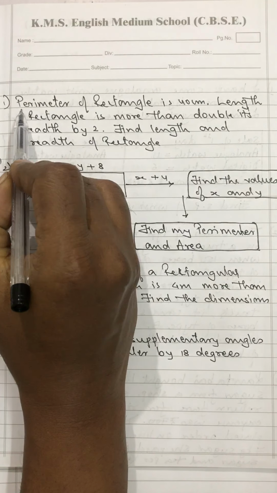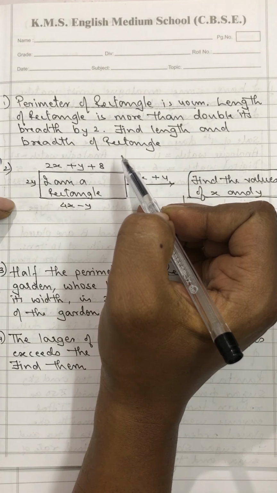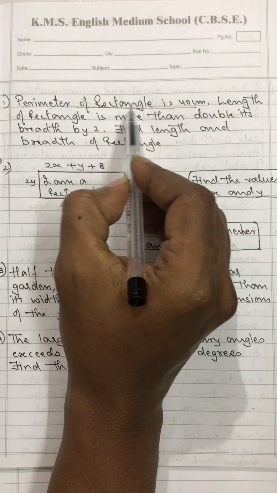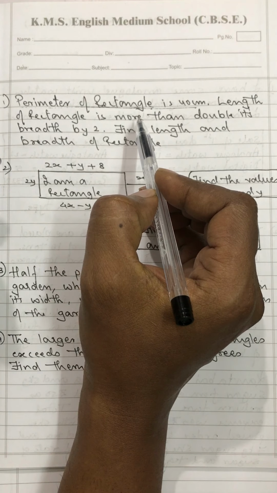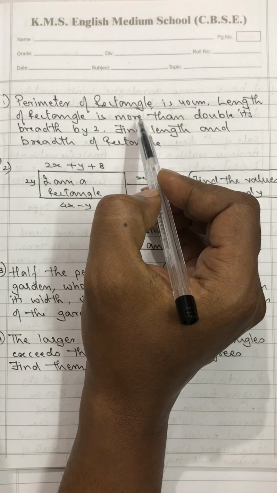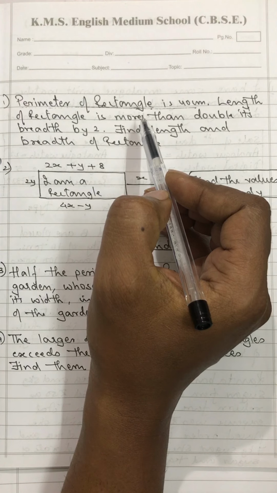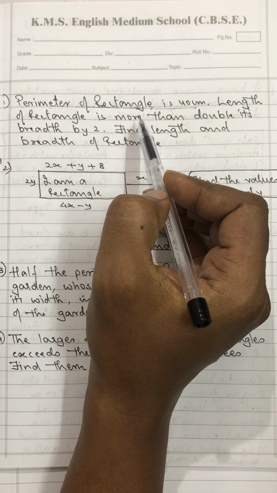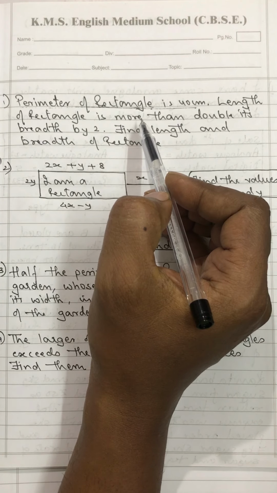Now coming to the first question, perimeter of a rectangle is 40 centimeter. Whenever any figure comes in front of you, it can be a rectangle, a square, a parallelogram, a rhombus, a triangle, a kite, a trapezium. Whenever these figures come, you have to be very thorough with your formulas, especially of area of the figures and the perimeter of these figures. Of course, area of equilateral triangle, area of right angle triangle, area of a triangle, and all.